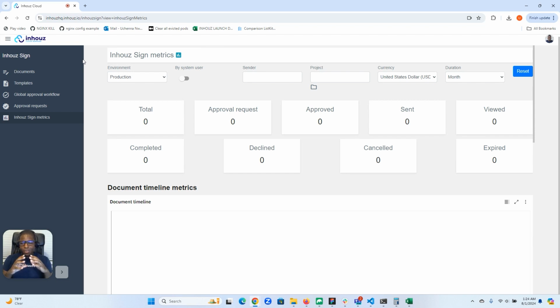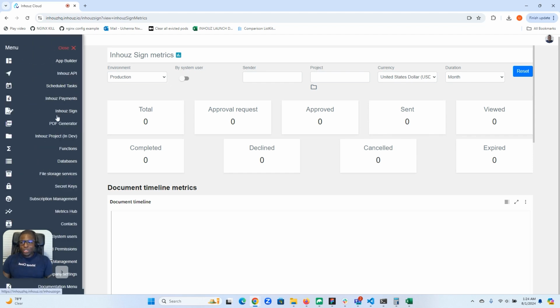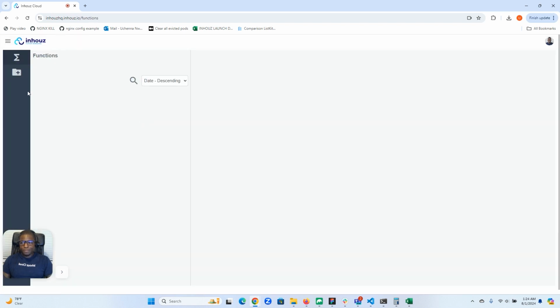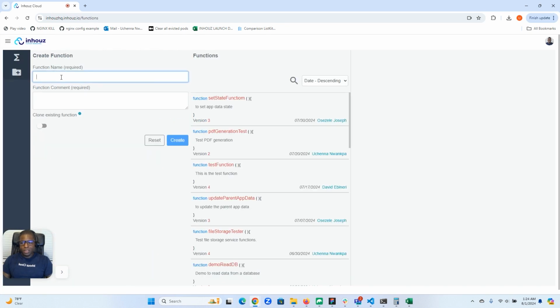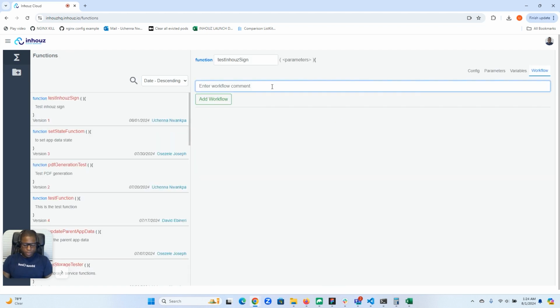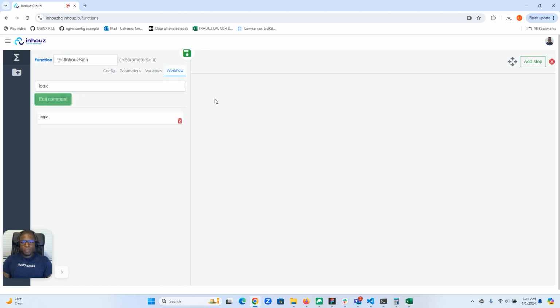Everything is within the Inhouse Cloud platform. If I jump over into the function builder and create a dummy function called test Inhouse Sign, and give it a workflow name of logic,